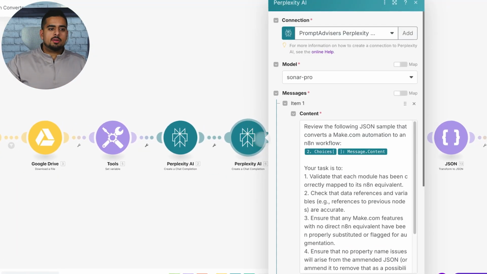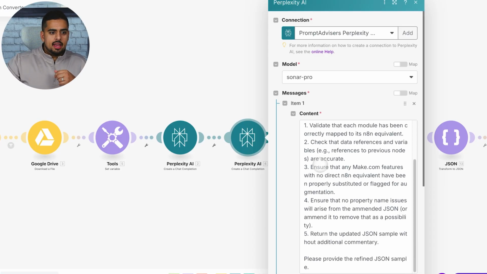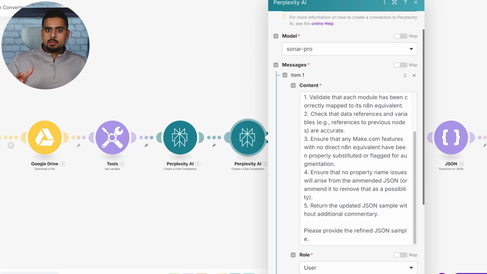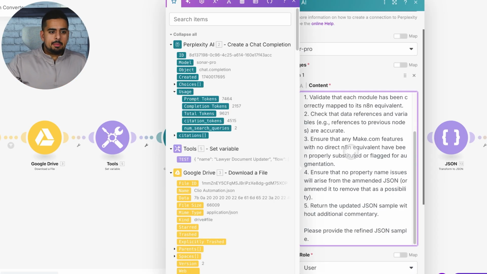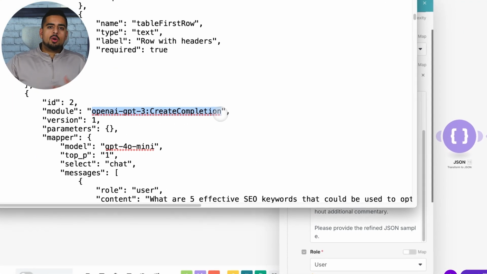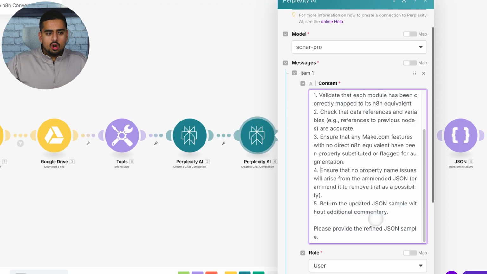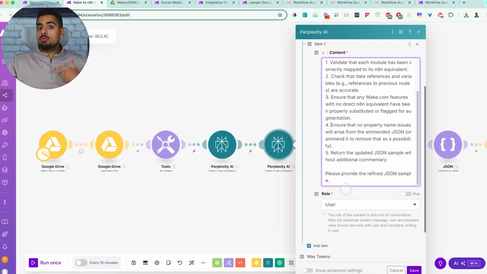So in this prompt here, I basically tell it to validate the JSON it came up with in the first one, go and research again to double check that it's using the correct syntax, the latest version of syntax for n8n, and then to go down here, there are some issues that pop up sometimes in importing into n8n, and the fourth step here says, ensure no property name issues will arise from the amended JSON. This property name issue pops up sometimes when you import into n8n. Basically, imagine you have a JSON here, and for some reason it's missing a label. So n8n doesn't know what to do with it, how to label it, or what it actually should represent. So in this case, I call this out here, and then I basically say return the refined JSON if there